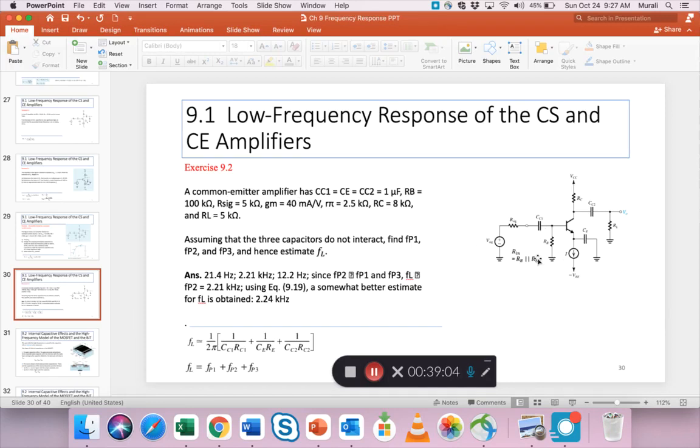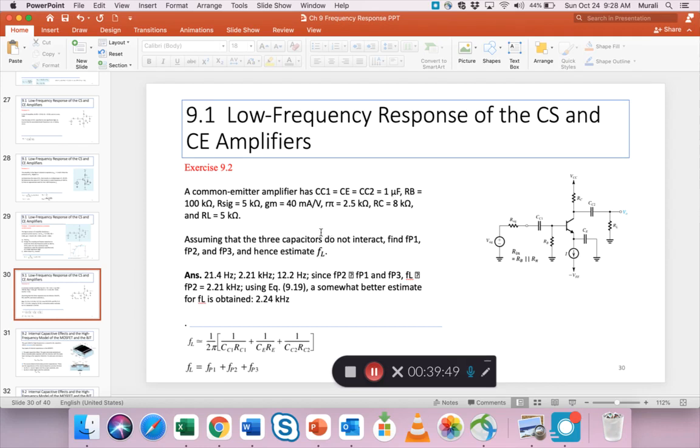Let's look at the problem. Sorry, this should be our signal. So we have a CE amplifier with a bypass capacitor CE. I guess the capacitor is also called CE, and the configuration of the amplifier is CE, I should say common emitter. So this is a common emitter amplifier with a capacitor CE to bypass the current source. And we have the CC1 and CC2. So this is pretty straightforward. A common emitter amplifier, we are given the CC values in this case as 1 microfarad,